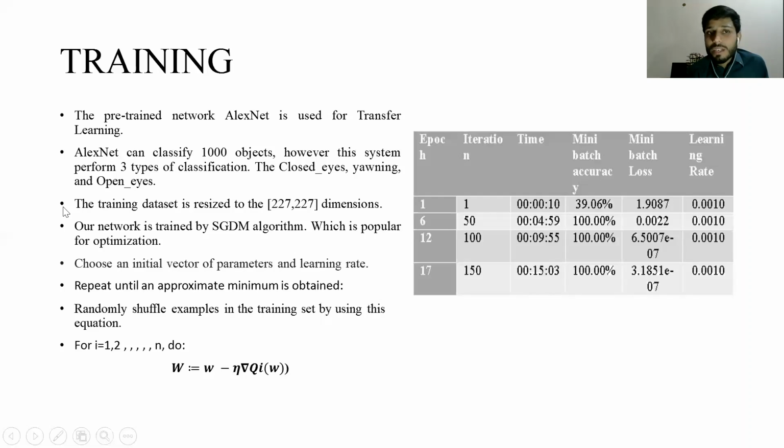As we know, AlexNet can classify thousands of objects. This system performs three types of classification: closed eyes, yawning, and open eyes. The alarm is generated on the closed eye and the yawning. The training dataset is reduced to 227 by 227 dimension RGB images, and our network is trained by